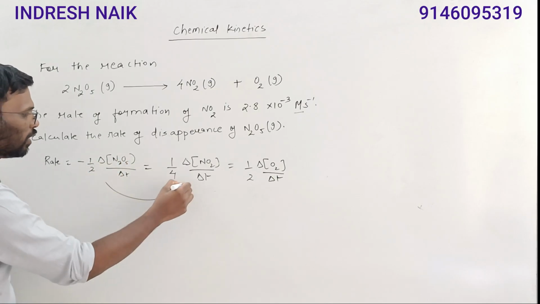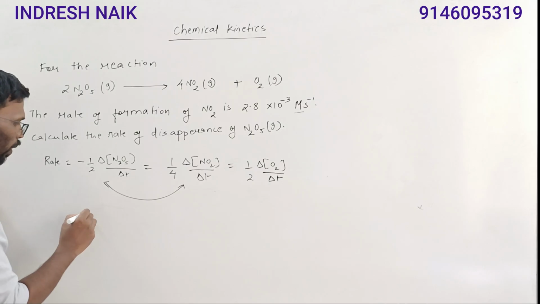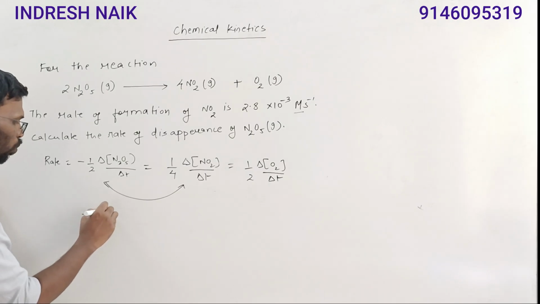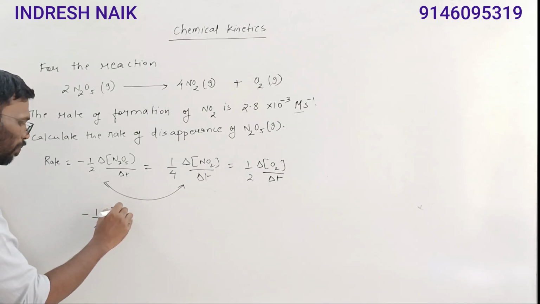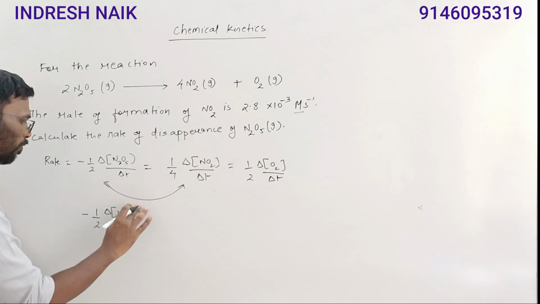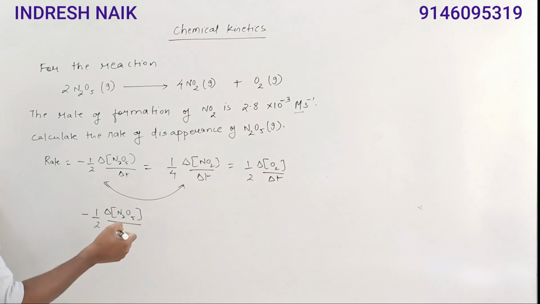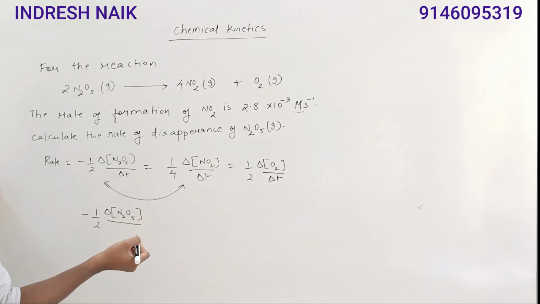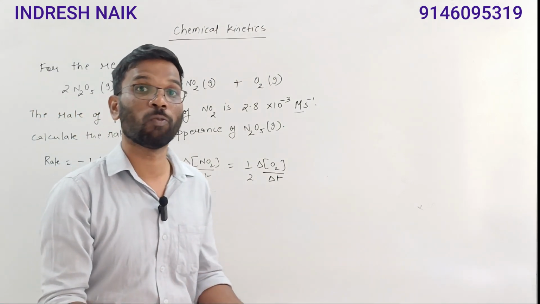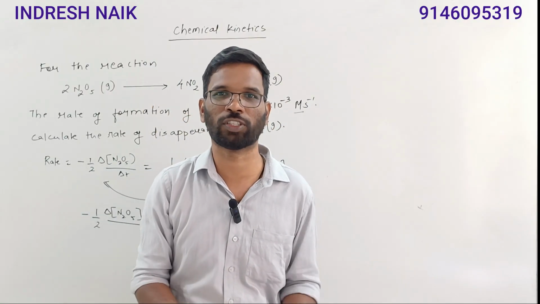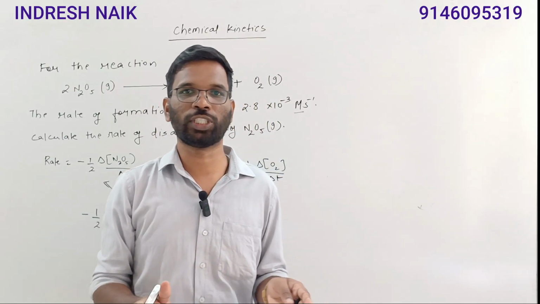So I'll equate these two things, right? So what I can write, minus 1 by 2 delta N2O5. See, you should be very careful in identifying the meaning of rate of disappearance, rate of formation, and what is the rate of reaction from the equation. You should be able to differentiate that